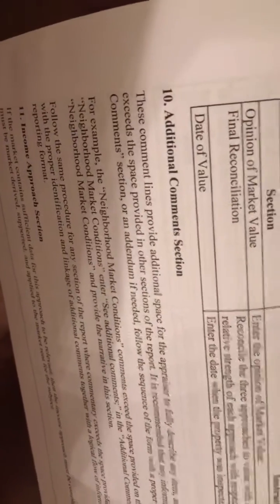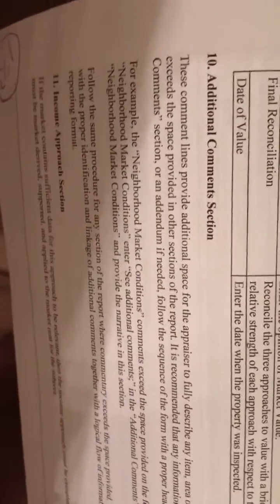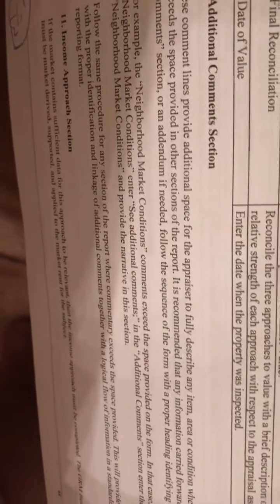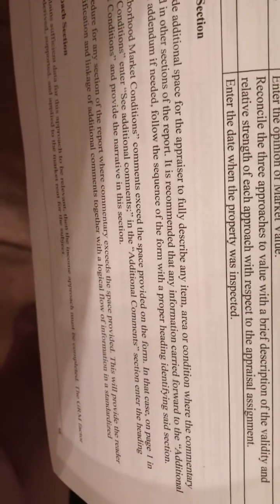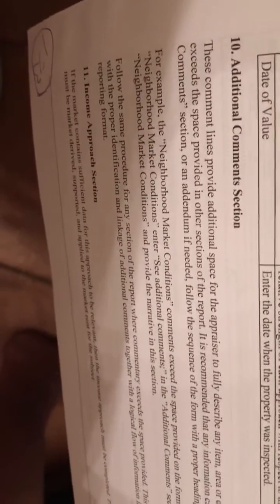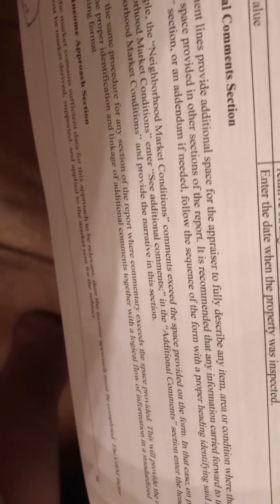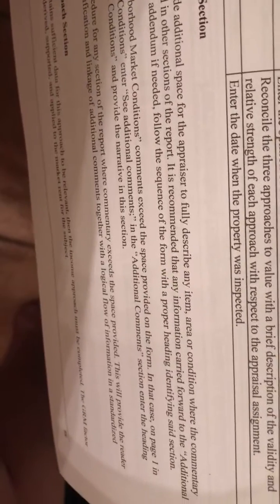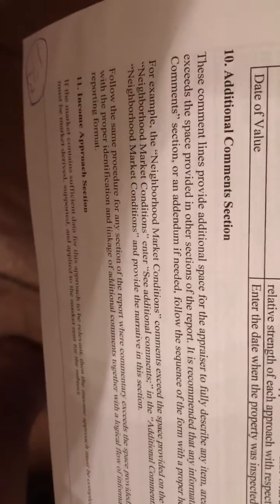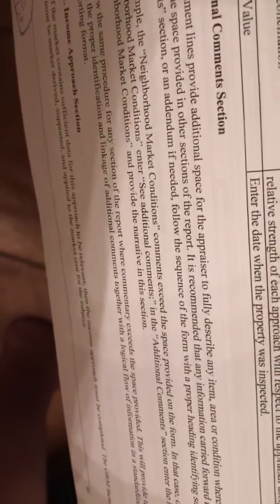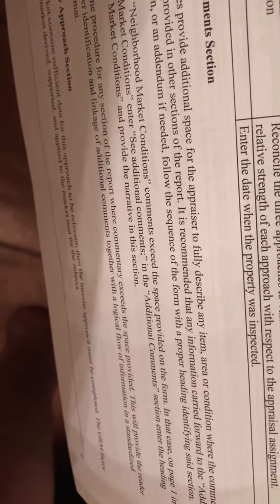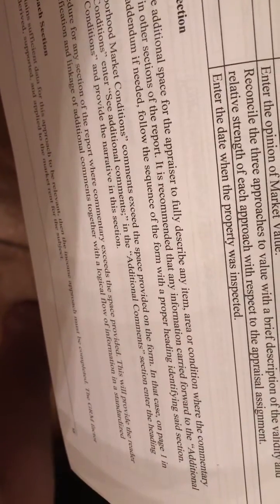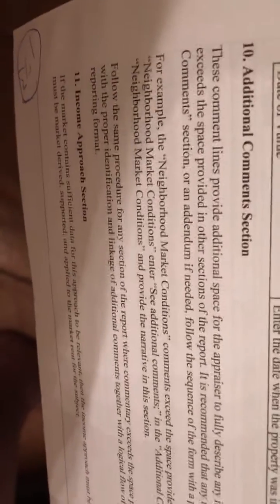10. Additional comment section. These comment lines provide additional space for the appraiser to fully describe any item, area, or condition where the commentary exceeds the space provided in other sections of the report. It is recommended that any information carried forward to the additional comment section or an addendum, if needed, follow the sequence of the form with a proper heading identifying said section. For example,